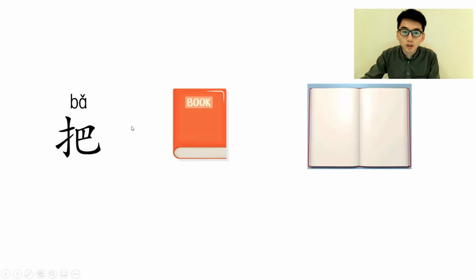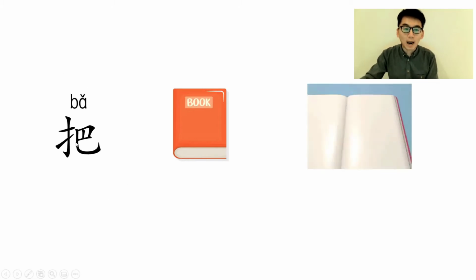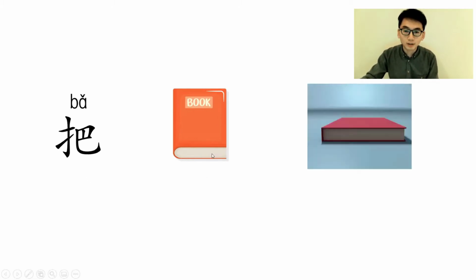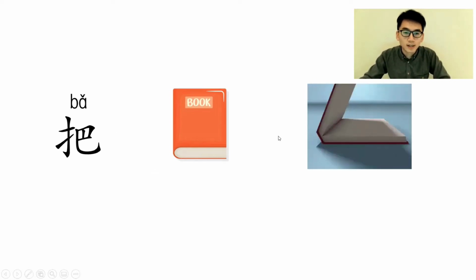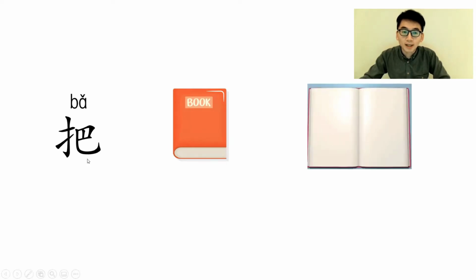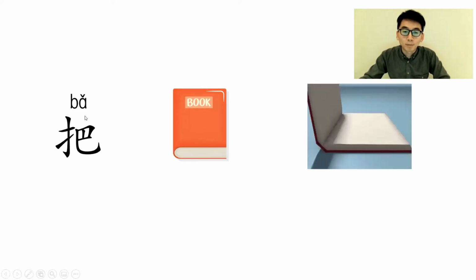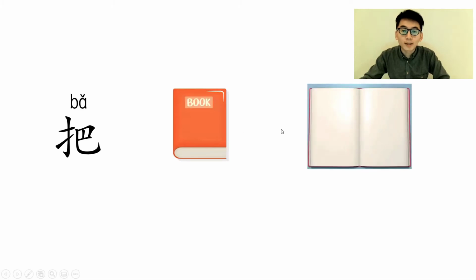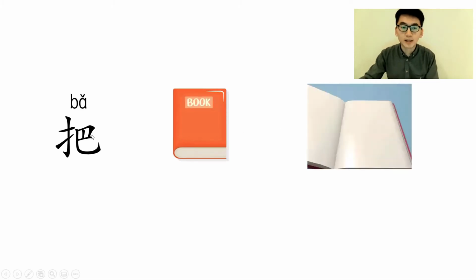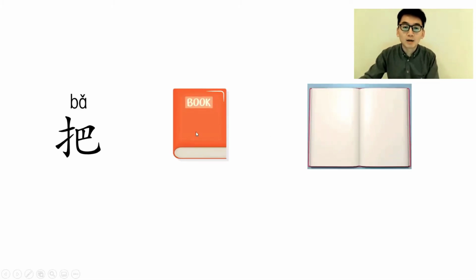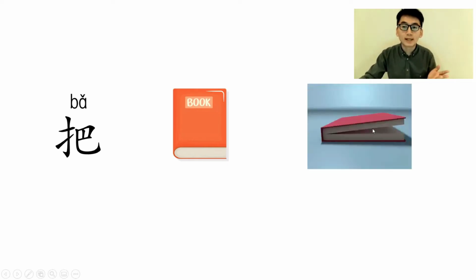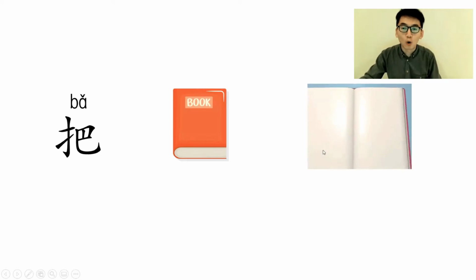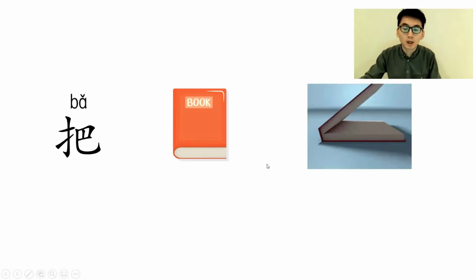So this is the structure of 把 sentence. 把 first, and then the item, then the action. So now can we try to guess what's the meaning of this sentence? The meaning is open the book. Yes, so this sentence is 把 book in Mandarin is 书 and open is 打开. So open the book in Mandarin is